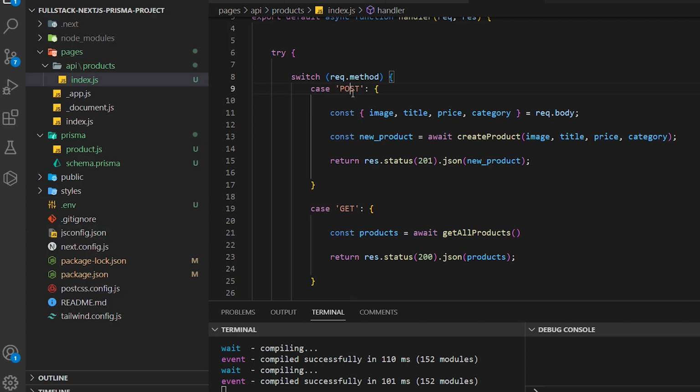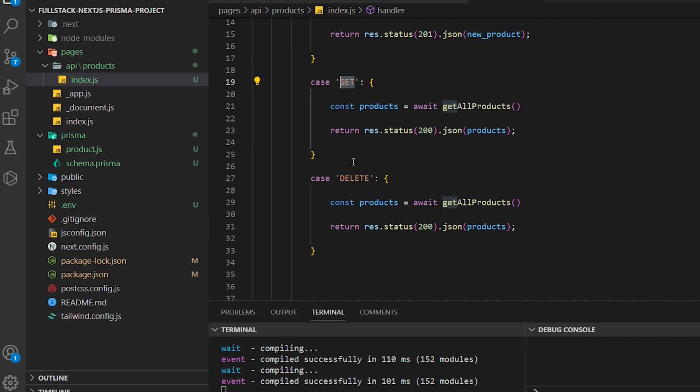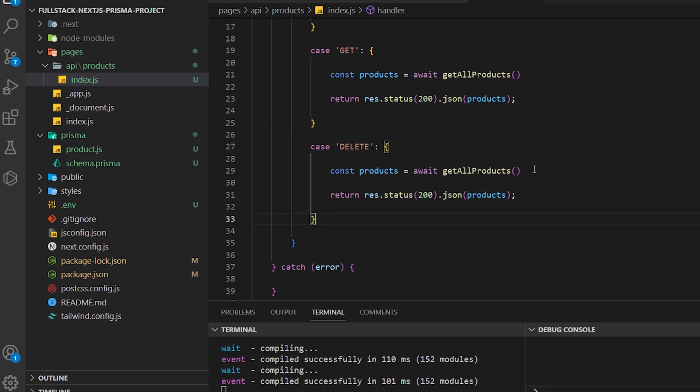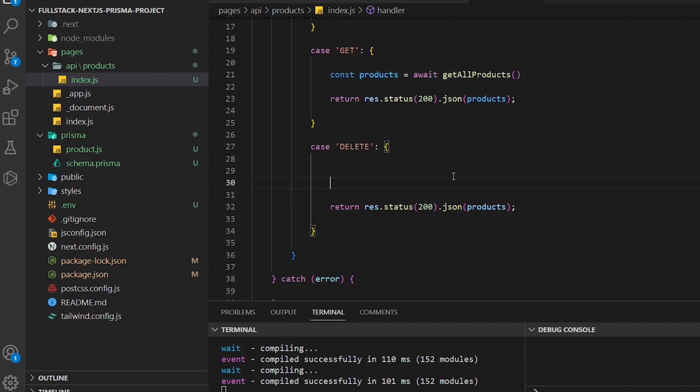These are the request types. One is POST for adding data, then GET to get all the information or a single piece of information, and then we have the DELETE. Okay, so these are the things that we need to work on. And for delete, we don't need to return anything like that. We just need the ID, and we will get this ID from